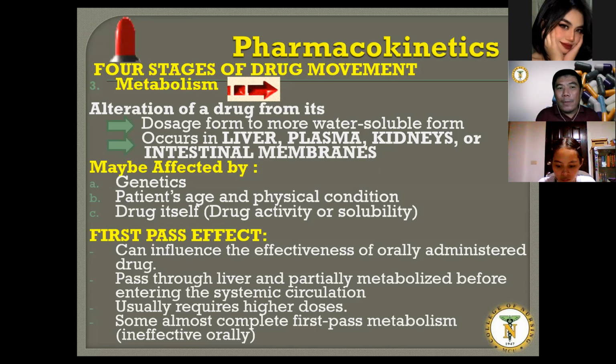So the problem there, since it is genetically acquired, if there is a problem with the blood itself, we have mentioned before that the level of blood volume has implications for the distribution of blood. So it's also the same that the metabolism of a drug depends on blood volume. Just the same with absorption, the patient's age and physical condition matter. If you have a pre-existing problem of the liver or kidney, it may affect metabolism.